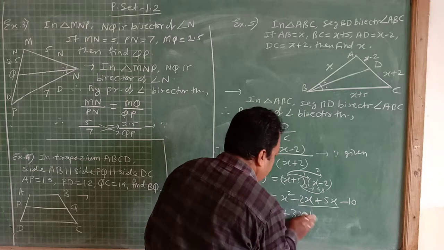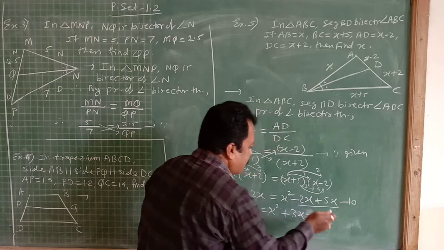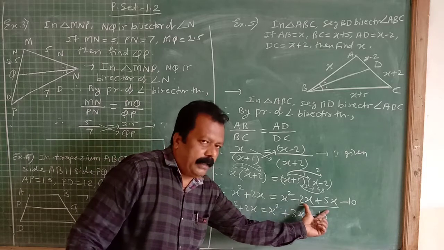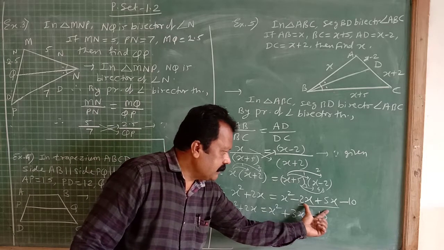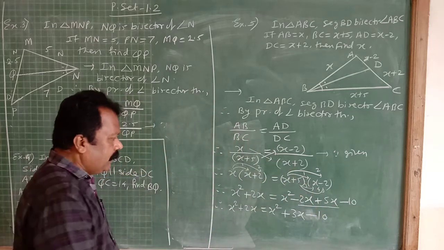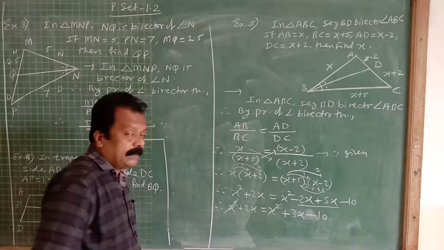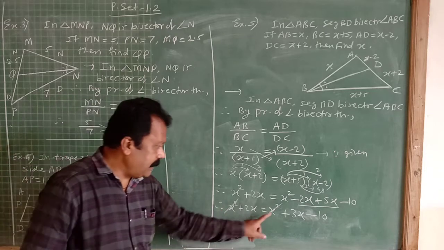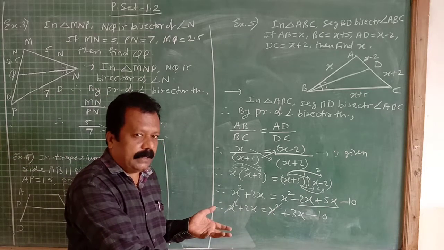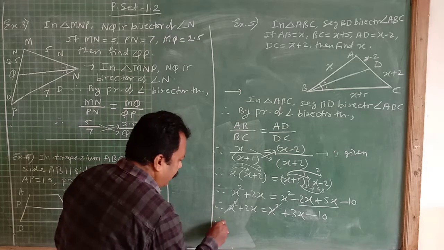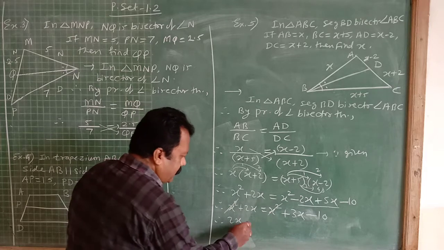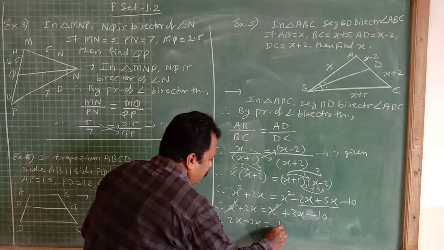Minus 10 keep adding. Again x square. After operation of these two numbers you will get plus 3x and this minus 3x. Now x square both are same sign and same numbers. We can cancel if they are on both sides, LHS and RHS. Now 2x is remaining and here plus 3x. After going to the left side, minus 3x is equal to minus 3x.